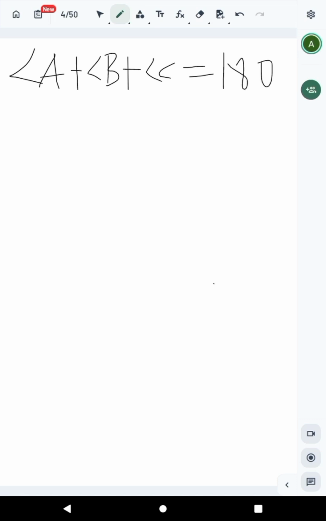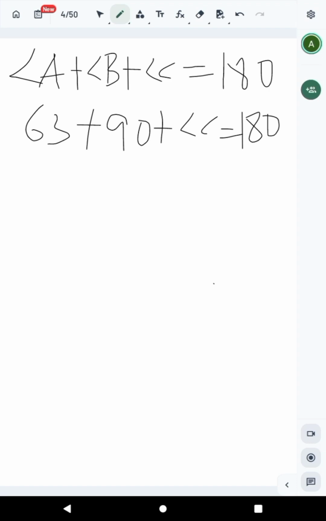We are given angle A as 63 degrees plus the right angle B, which is 90, plus angle C is equal to 180 degrees. So let's make C the subject of the formula. Angle C will be equal to